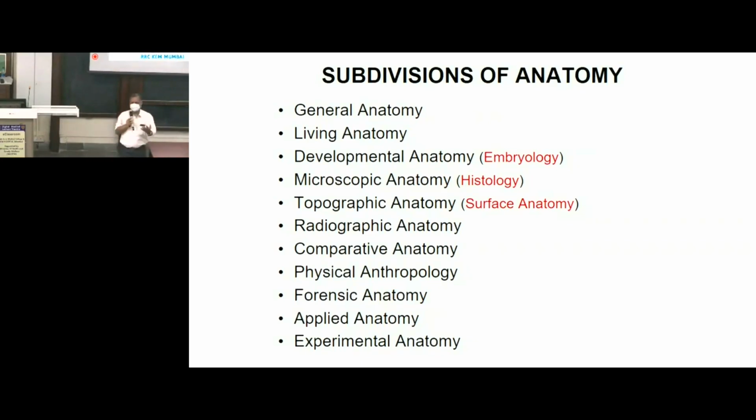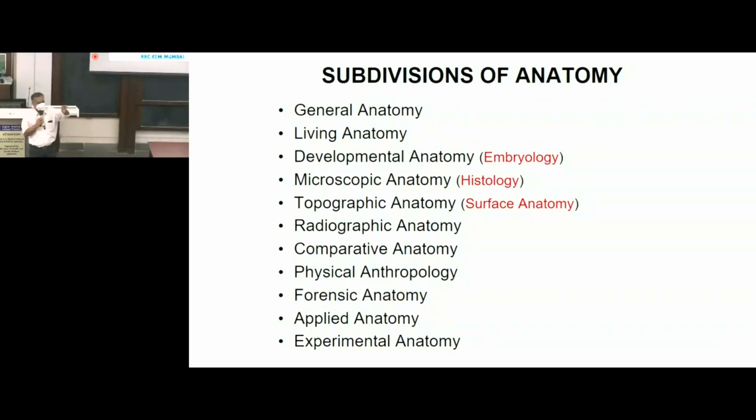Always when you open a clinic, there will be a bed in the clinic. Bed is equal to bend. Bend means cline, angle, recline, incline is all angle, no? So that's why clinical anatomy. When you utilize the knowledge of anatomy and apply it on the bedside, it's called clinical anatomy. And when you apply this knowledge of anatomy for performing surgery, then it's called surgical anatomy.